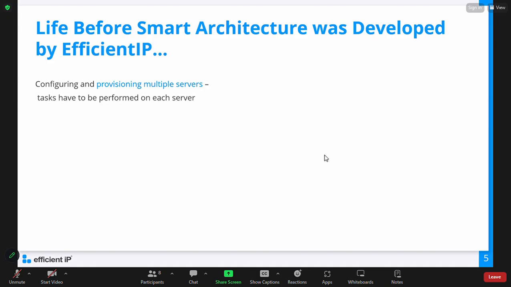And when you manage multiple DHCP or DNS servers, you want to have a high availability architecture. So when you want to have a high availability architecture, you might need to have different configuration